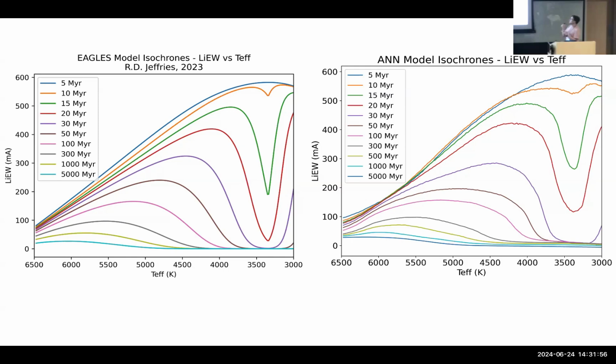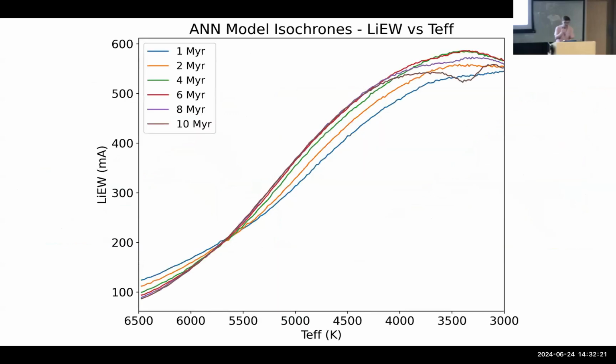Those isochrones are much less constrained. Firstly, they don't have to monotonically decrease in equivalent width with age, which was the case in EAGLES, the first method. We can also see those dips are rounded out. We don't have a set threshold at which that cutoff happens. We also see, just at the top, that there are in fact some crossovers in those isochrones, which we'll talk about very quickly.